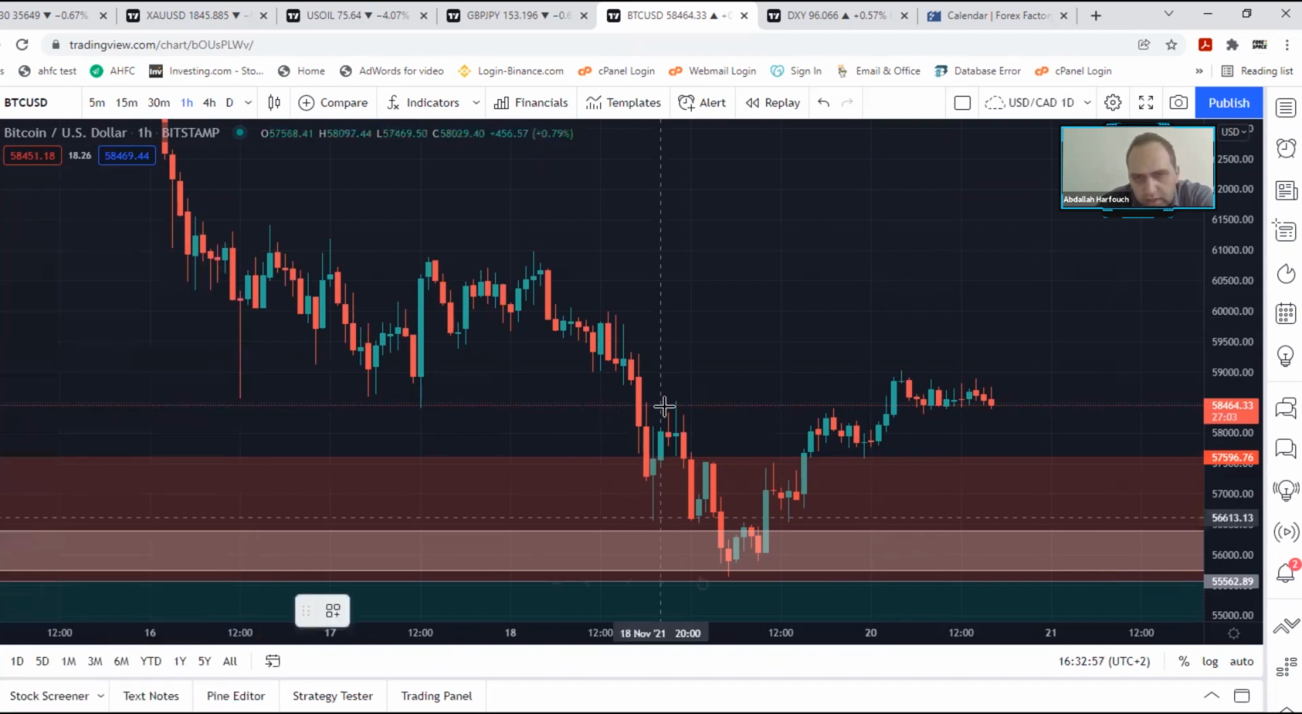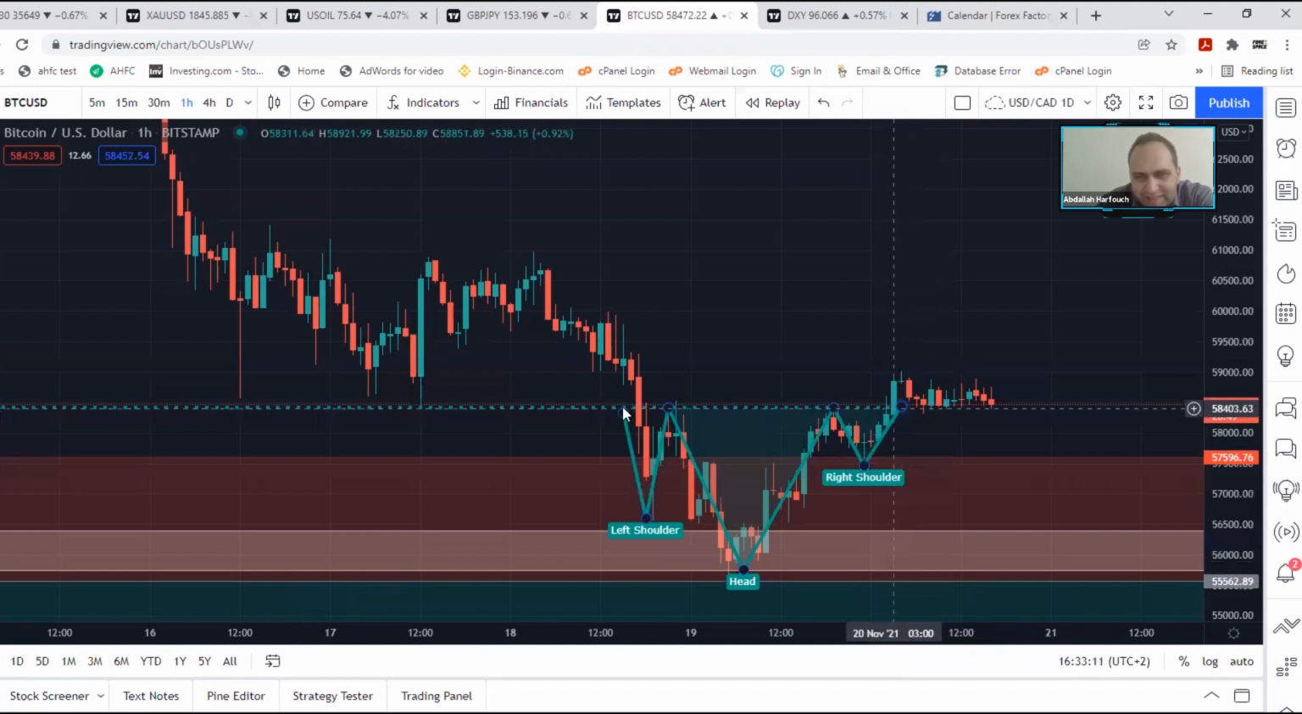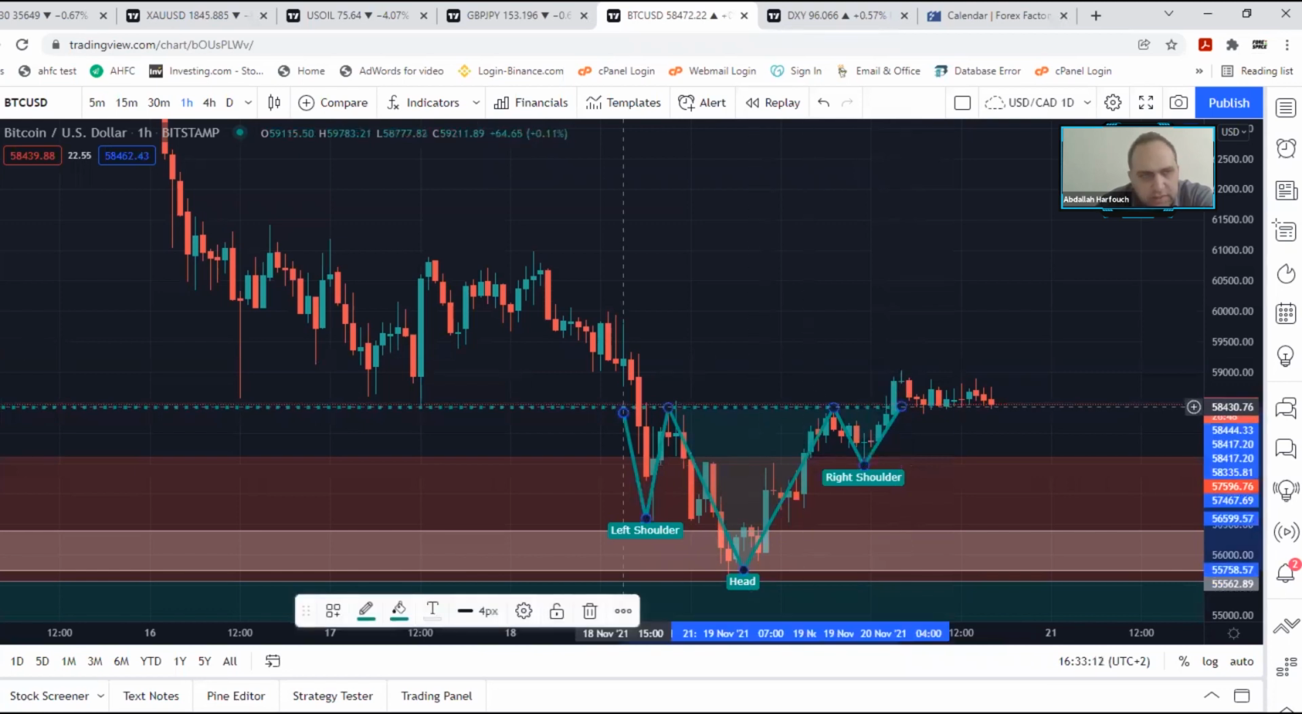We have an inverted head and shoulder. You can check it. This is the left shoulder and this is the head. This is the right shoulder, and this is again the right shoulder here. We are here trading in the zone,